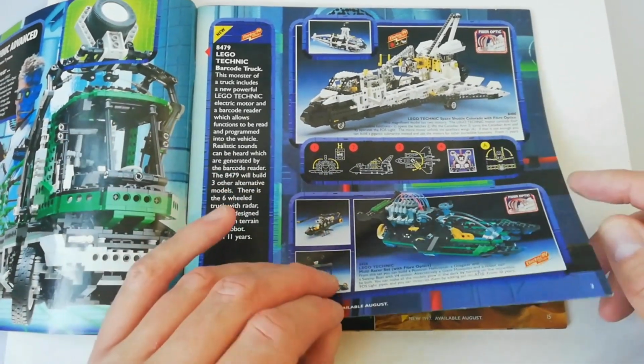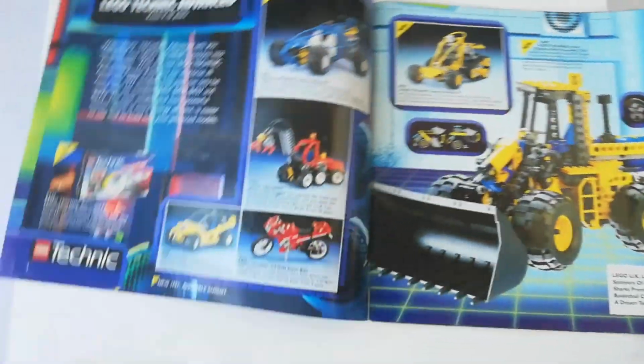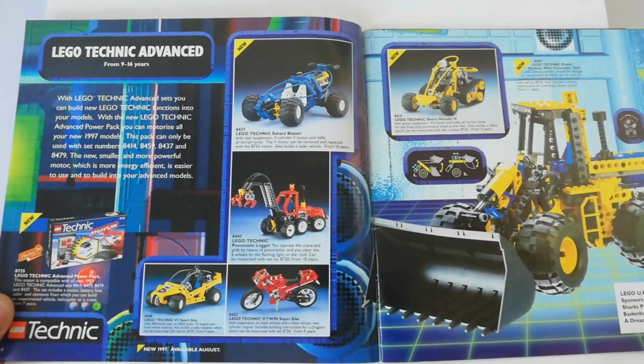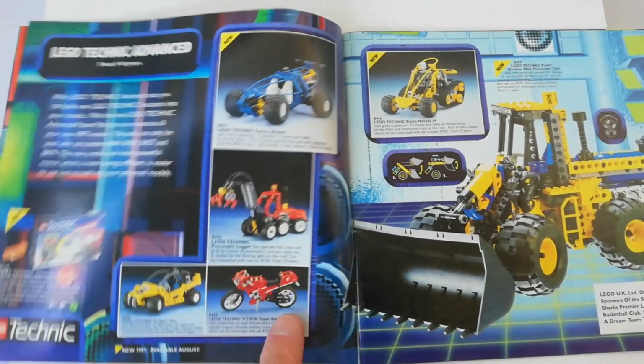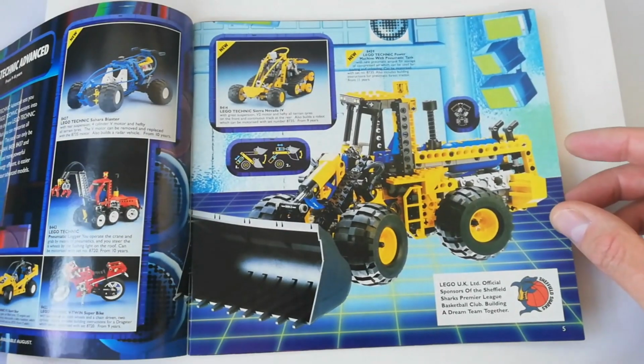Hope you can see this okay. I'm not going to spend too much time going through the Technic. Some of you guys out there are probably really into Technic, but I'm just not at all. But nice looking little motorbike. And a really nice looking...